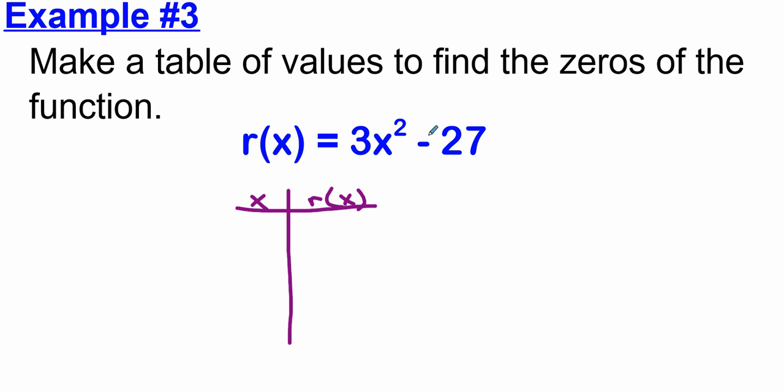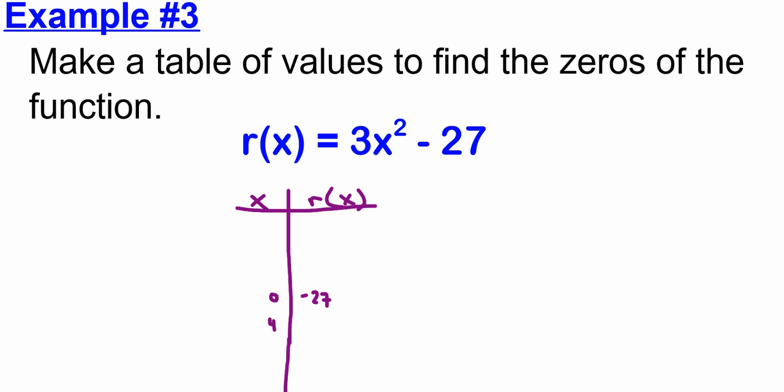All right, so let's start plugging in some numbers. Let's just start with 0 and see where we're at here. So I know if I plug in a 0, I'll get 0 minus 27 is negative 27. If I plug in a 1, I'll get 1 times 3 is 3 minus 27 is still negative 24. So I'm pretty far away from finding those x-intercepts. So instead of just plugging in a 1, how about I plug in